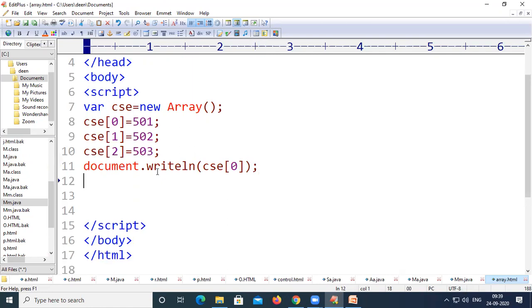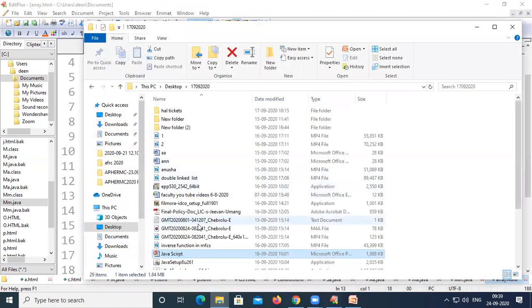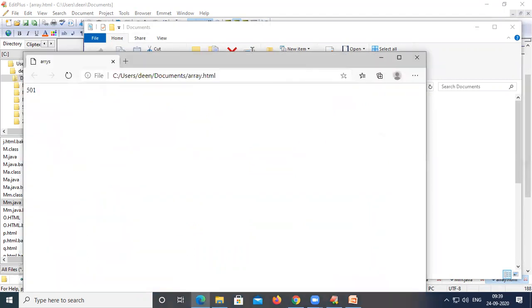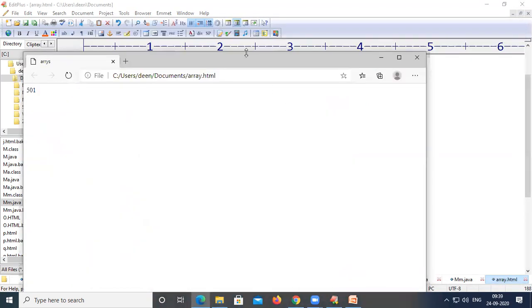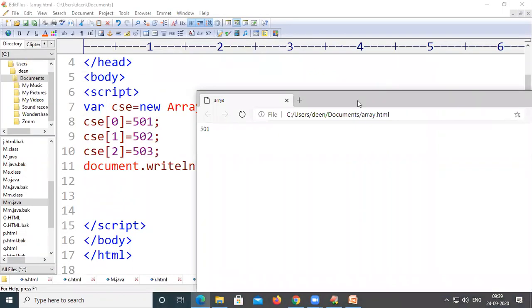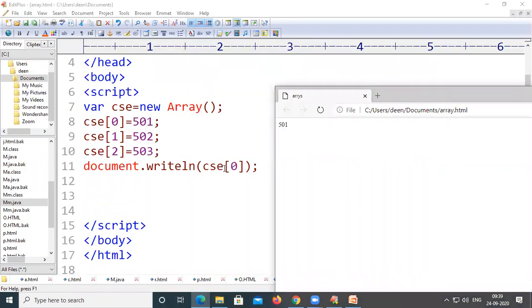It will print the value at index number 0. I'm saving this code, and I'm going to see the output, where the program name is array.html. So I'm double clicking on this one in order to view the output. If you observe, it has printed the value 501, because 501 is the value which is stored at index number 0.